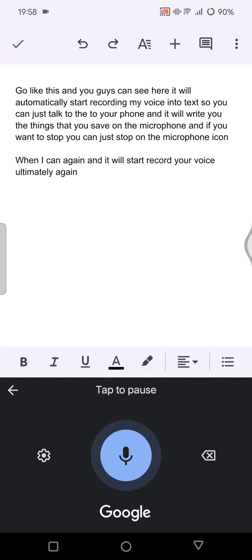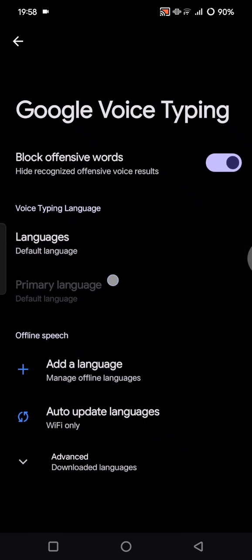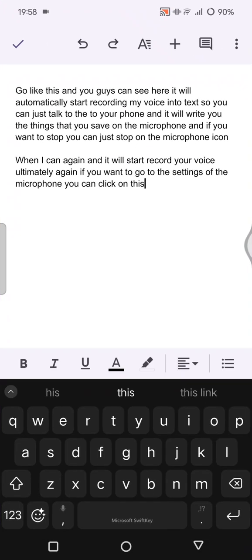If you want to go to the settings of the microphone, you can click on this gear icon, and in here you'll see the Google voice typing settings. You can see there, you can block offensive words, you can choose the languages, or if you want, you can also add a new language to the Google voice typing. Okay, you can go back again, and just like that, that's how you can use voice typing features in Google